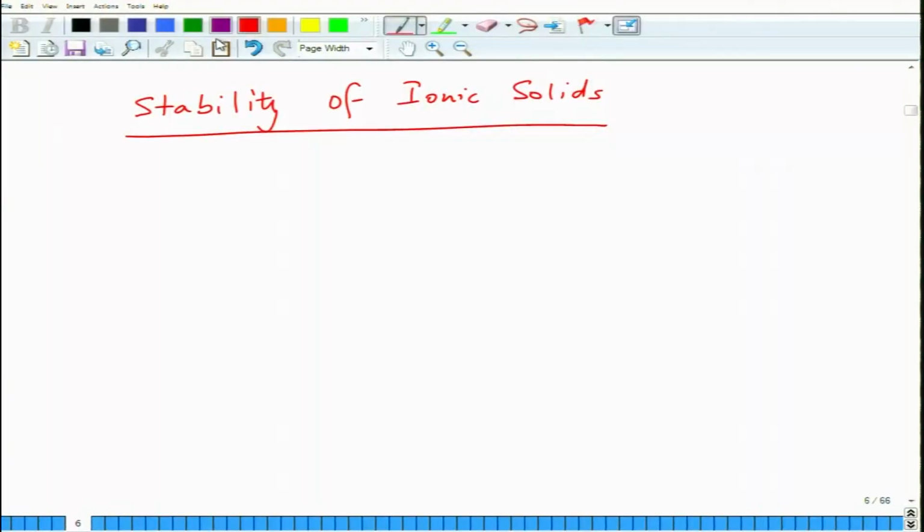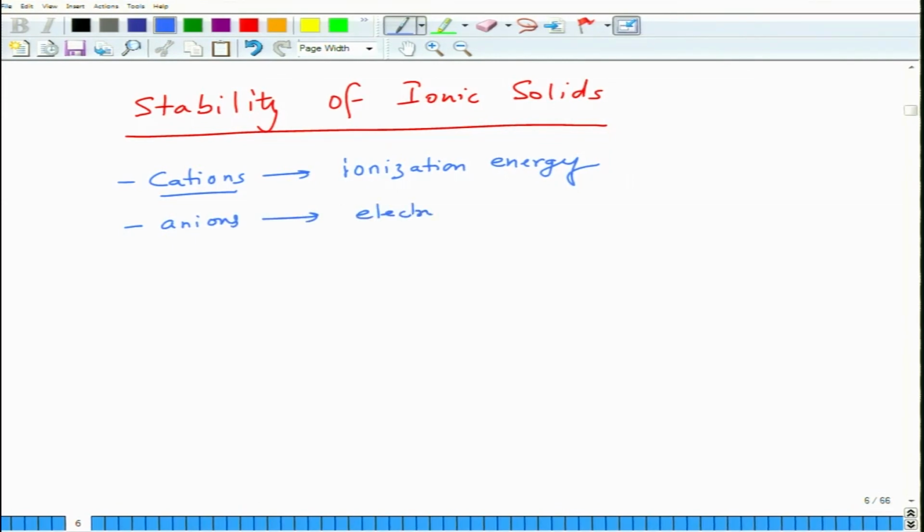Here, the energy that we consider in the case of cations is the ionization energy, the energy required to ionize them. In the case of anions, what we consider is electron affinity, because they are ready to accept the electron. That is why we talk about electron affinity. The energy of an ionic bond